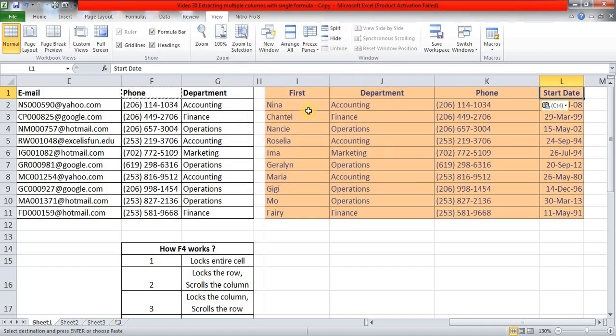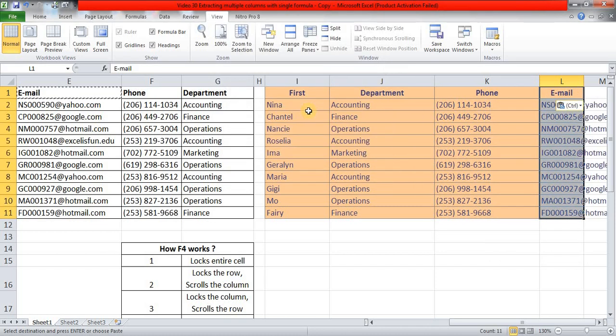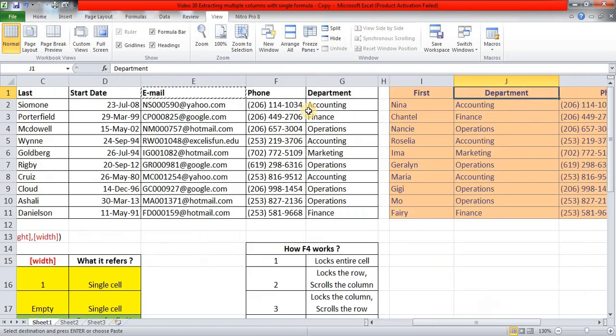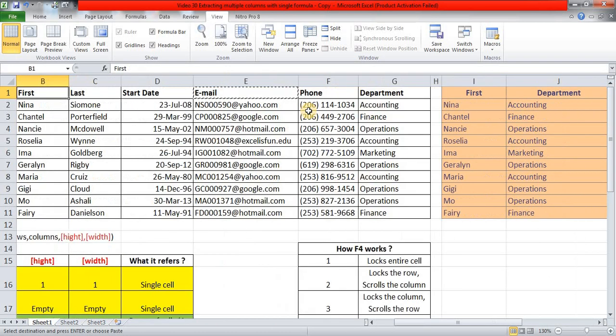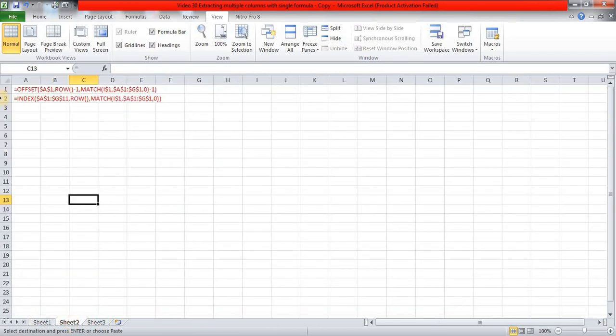Or if you want, instead of start date, if you want email address, if you want to extract this email address column, paste special value, and you have email address. So friends, this is how you can use offset and index and match to extract columns and also have that formula dynamic. So the moment you change the column name, you have a list of that particular column label. And in this Excel sheet, in this sheet number 2, I am giving these 2 formulas, so that when you practice, if you ever get confused, just refer here and try to practice taking these 2 formulas as a base.